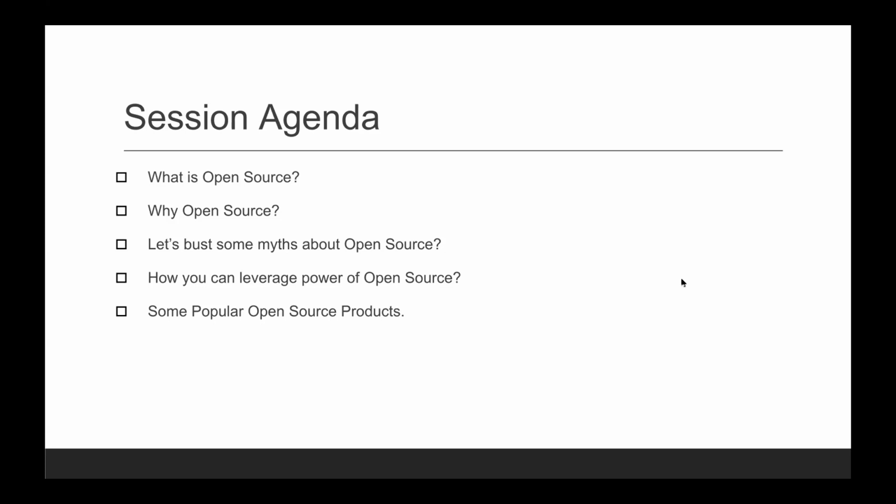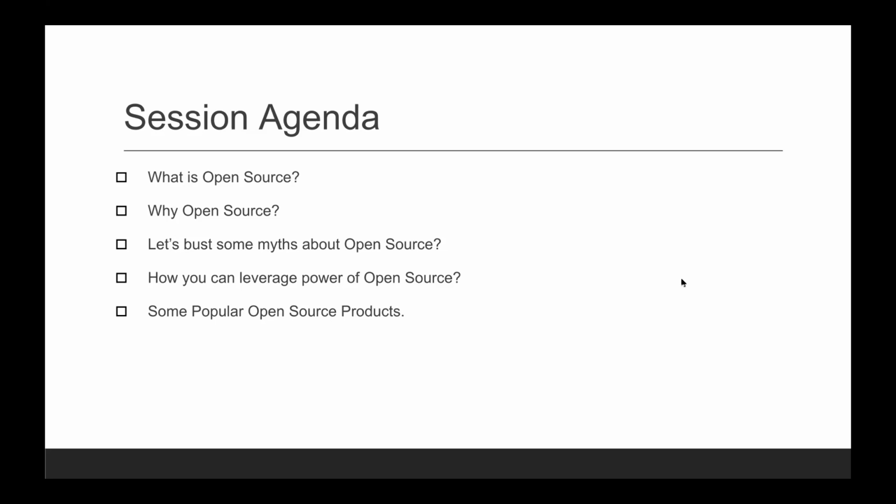This session will help you whether you are working in a job, on a project, doing an academic project, or working with companies, be it web application development, mobile application development, machine learning, or cloud. In all those areas, how can you leverage the power of open source, and what tools and technologies are readily available, so that you have an idea of what exists and how to use it to make your own product.